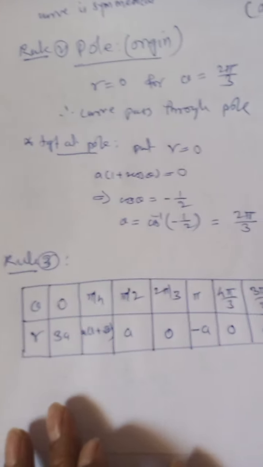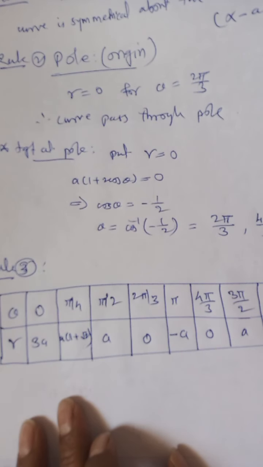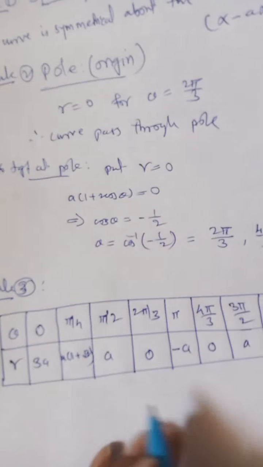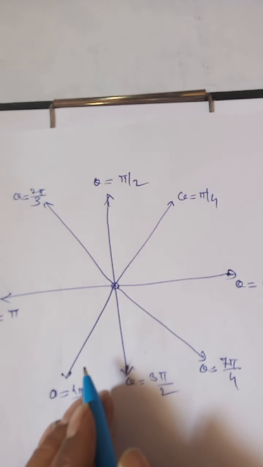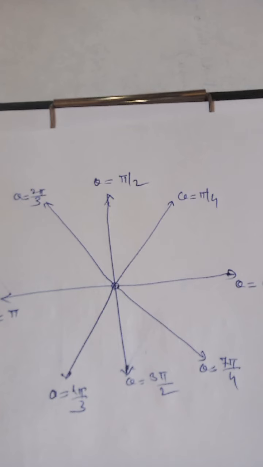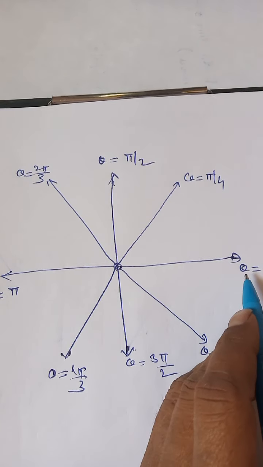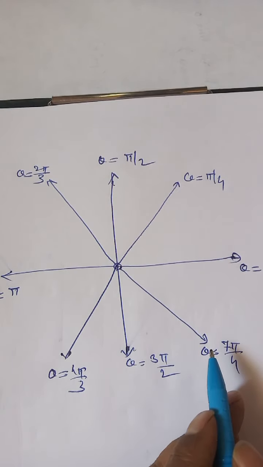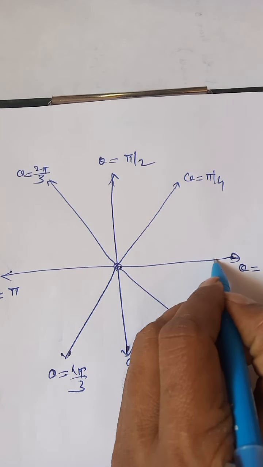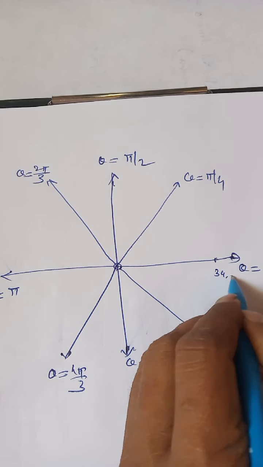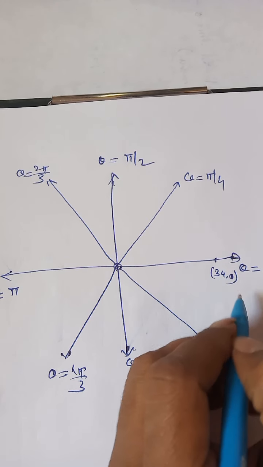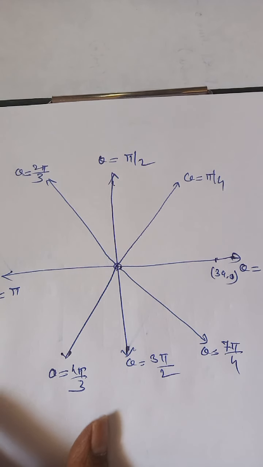So after this table, now we'll show these points on the coordinate axis and on the lines. See, for theta equals 0, your r is 3a, that we have seen. So 3a is represented somewhere here. So it is 3a comma 0. Okay. So for theta equals pi by 4,